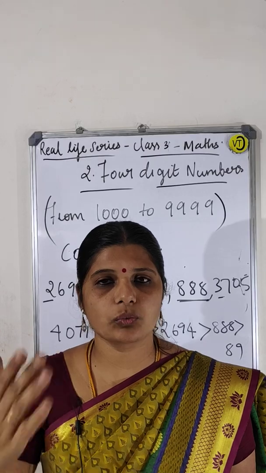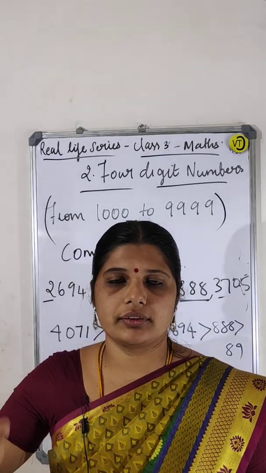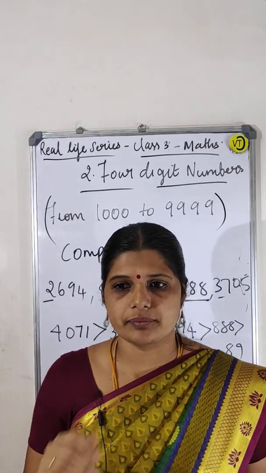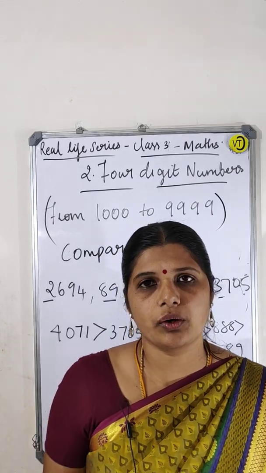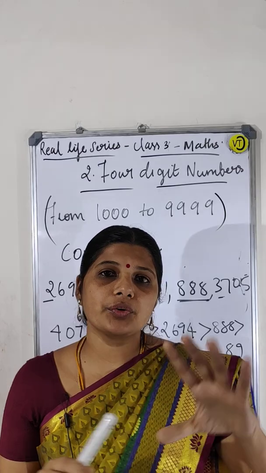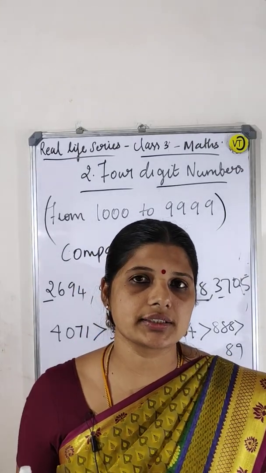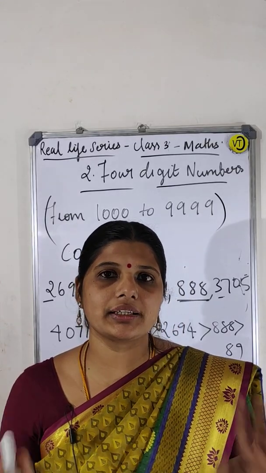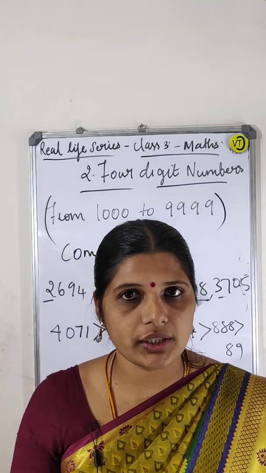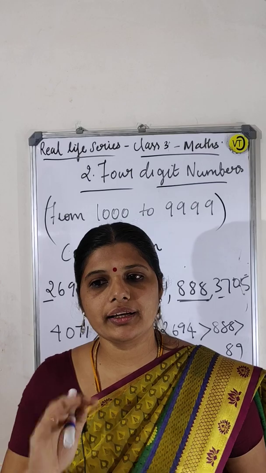1598, what is the next number? 1598 plus 1, that is 1599. Okay, and one more thing, note down: 0 has no predecessor, right? If you take the predecessor of 0, a negative value will come. That you can learn in higher classes. Now you don't need it, but just learn it. 0 has no predecessor; it would go into negative numbers. Leave that.